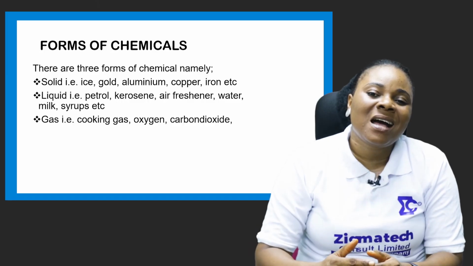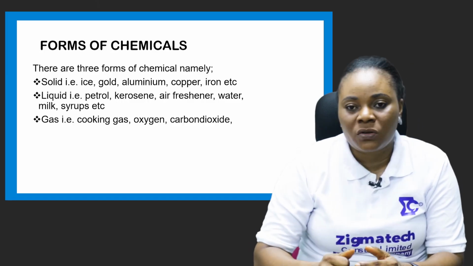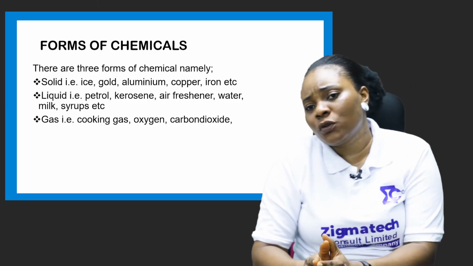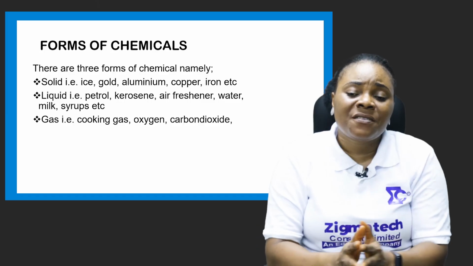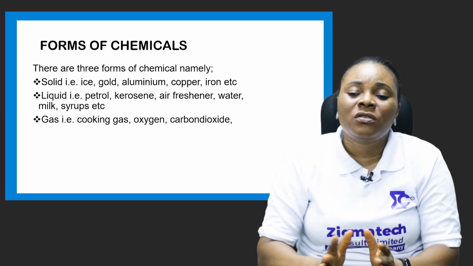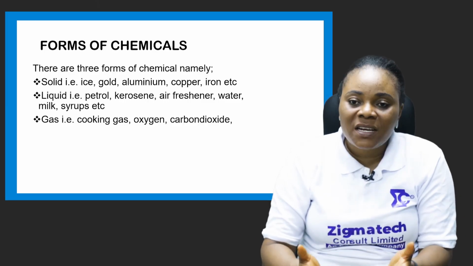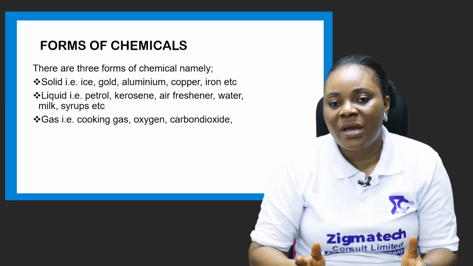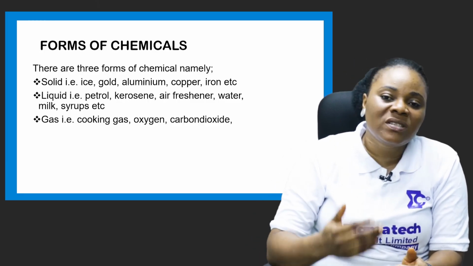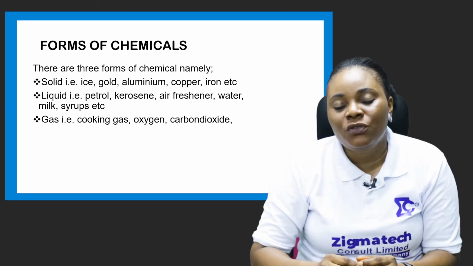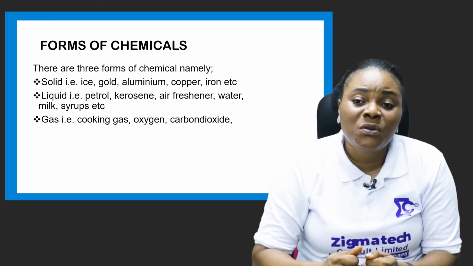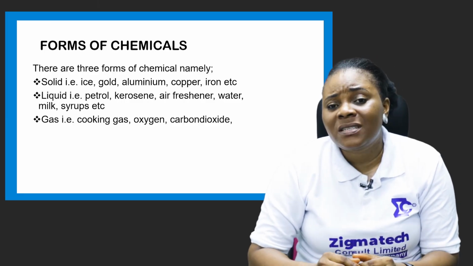And when these chemicals are not properly monitored, they can either serve as a friend or a foe to us. That means if we use them under a suitable condition, they're friendly to us. That means they don't harm us in any way. But when we use them against the specified state, or against how they should be used, they can pose damage to us as individuals, to animals, and to our environment at large.